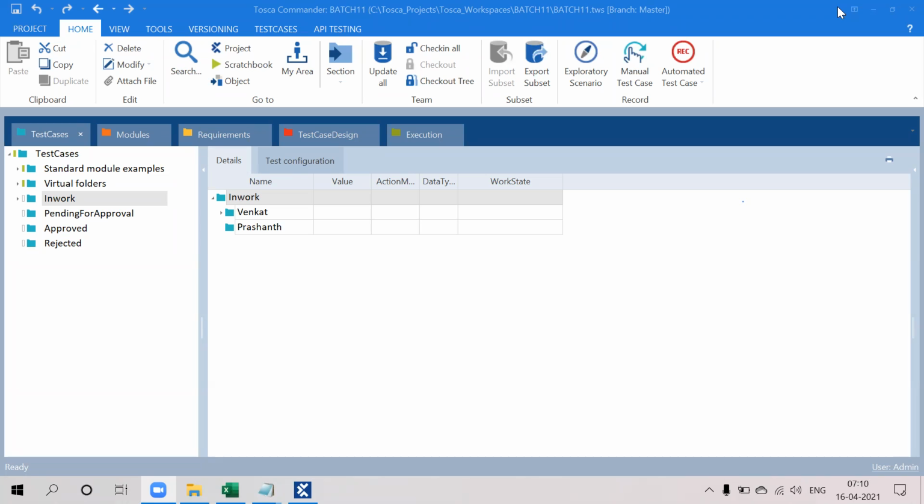Some people follow the approach where the automation part goes into the same sprint, or one sprint behind, so the automation scripts go into the next sprint. Some companies follow that; it depends completely on the project itself.